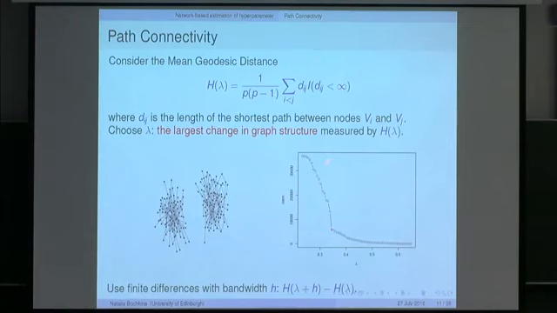And then what we do is we choose lambda, which corresponds to the largest change in the graph structure. So this is already sort of standardized. So this is lambda. This is not quite h, but effectively it is. And then you see that if you increase lambda, the graph becomes sparser, so the distance becomes smaller. And then at some point there is the sharpest jump, and effectively we want to